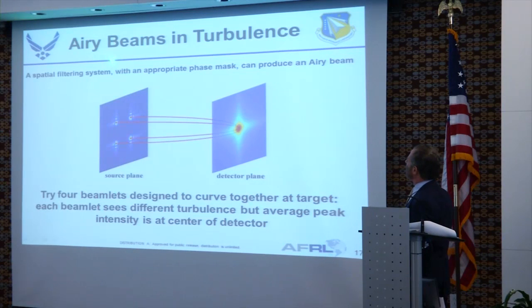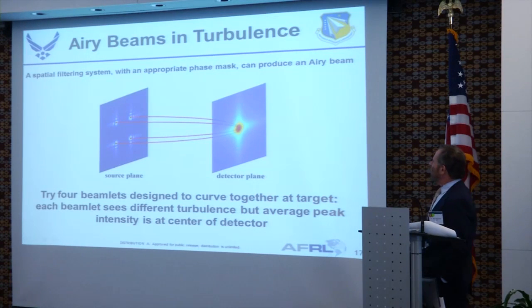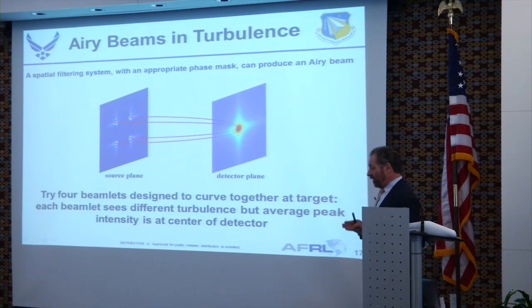You can make Airy beams by running a regular beam through an appropriate phase mask. You need a cubic phase distribution. The Airy beams don't really propagate in a curved path. Everything propagates straight. What's propagating in a curved path is the brightest spot. It keeps diffracting this way because of that cubic. So the brightest spot looks like it's propagated along a curved path. It hasn't. Effectively, it has.